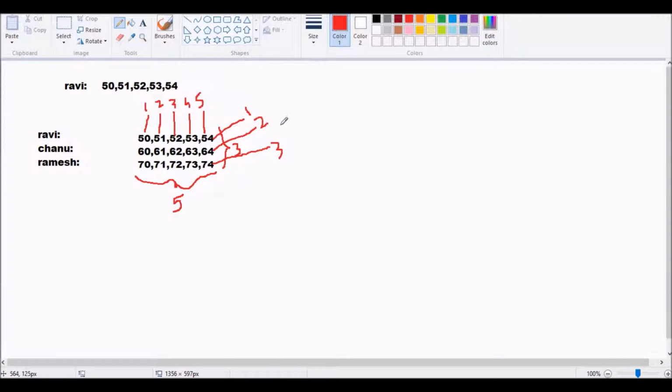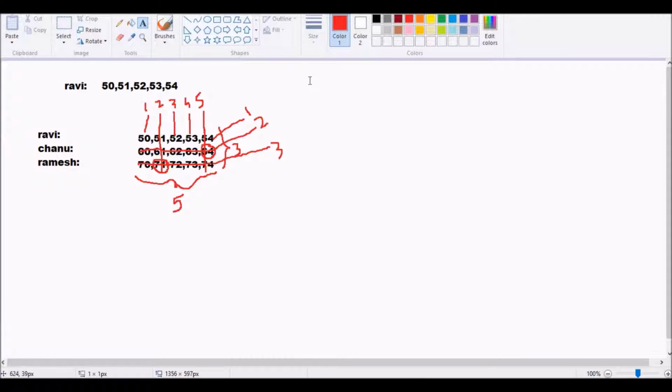Now suppose from the second row I want the fifth column element. So this is the second row, and this is the fifth column element. These both will combine here, so 64 is our element. Let us take the third row, and I want the second column element. This is the third row, and this is the second column element. So they will combine here, so 71 is my element. This is about two-dimensional arrays.